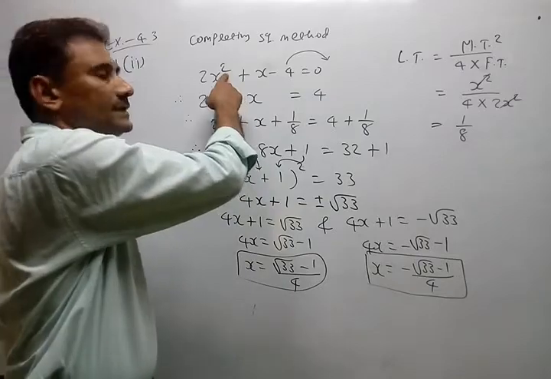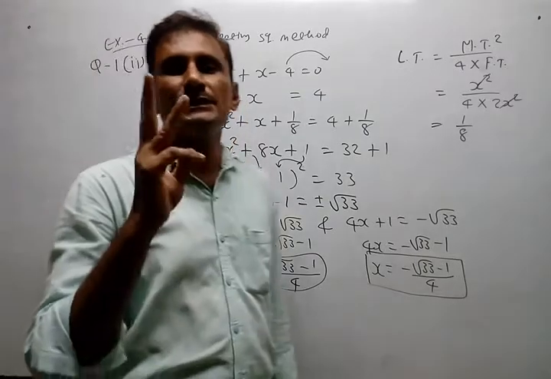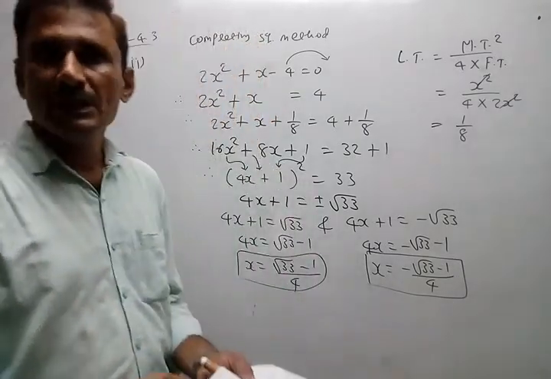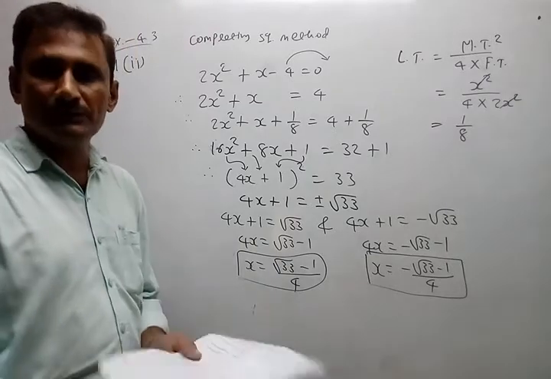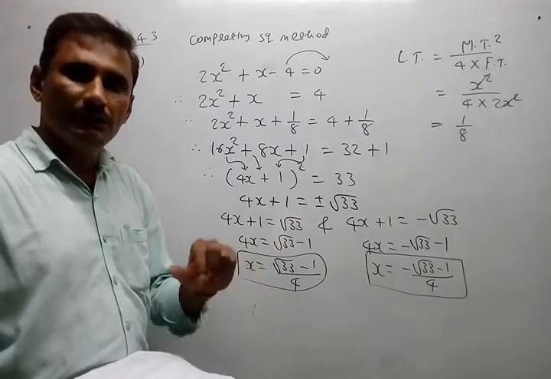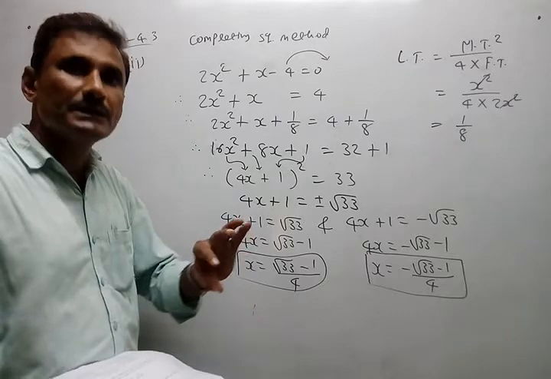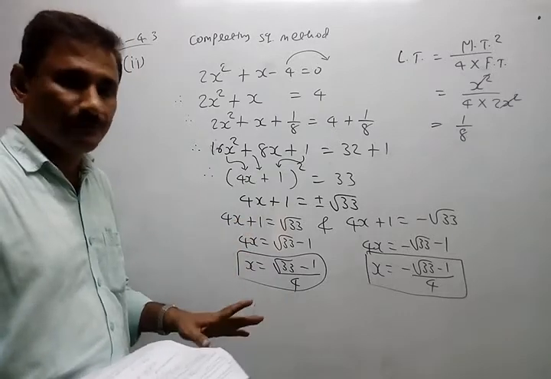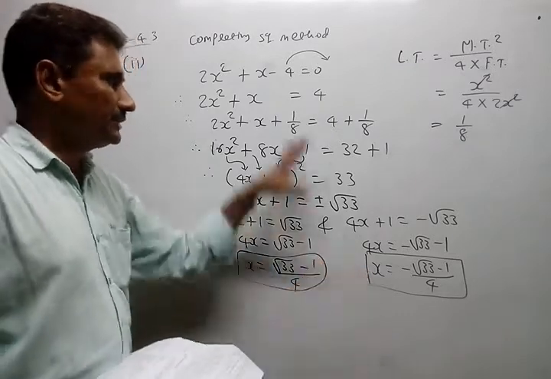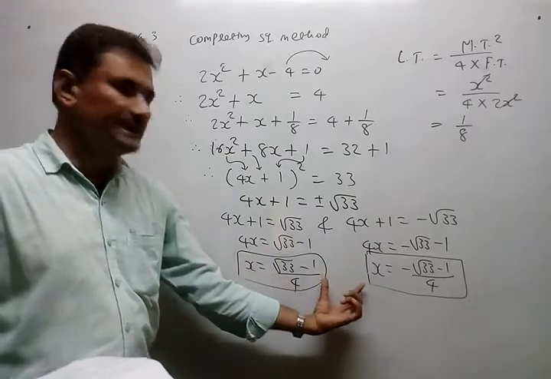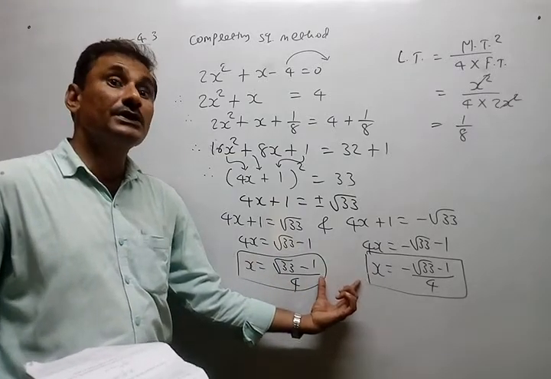The degree of the polynomial here is 2, so there are a maximum of 2 zeros or 2 roots. Maximum 2 zeros or roots means what? It can be 2, it can be 1, or it can be 0. 0 means no solution or no root. Okay, so you understand, and you can notice these roots are irrational.